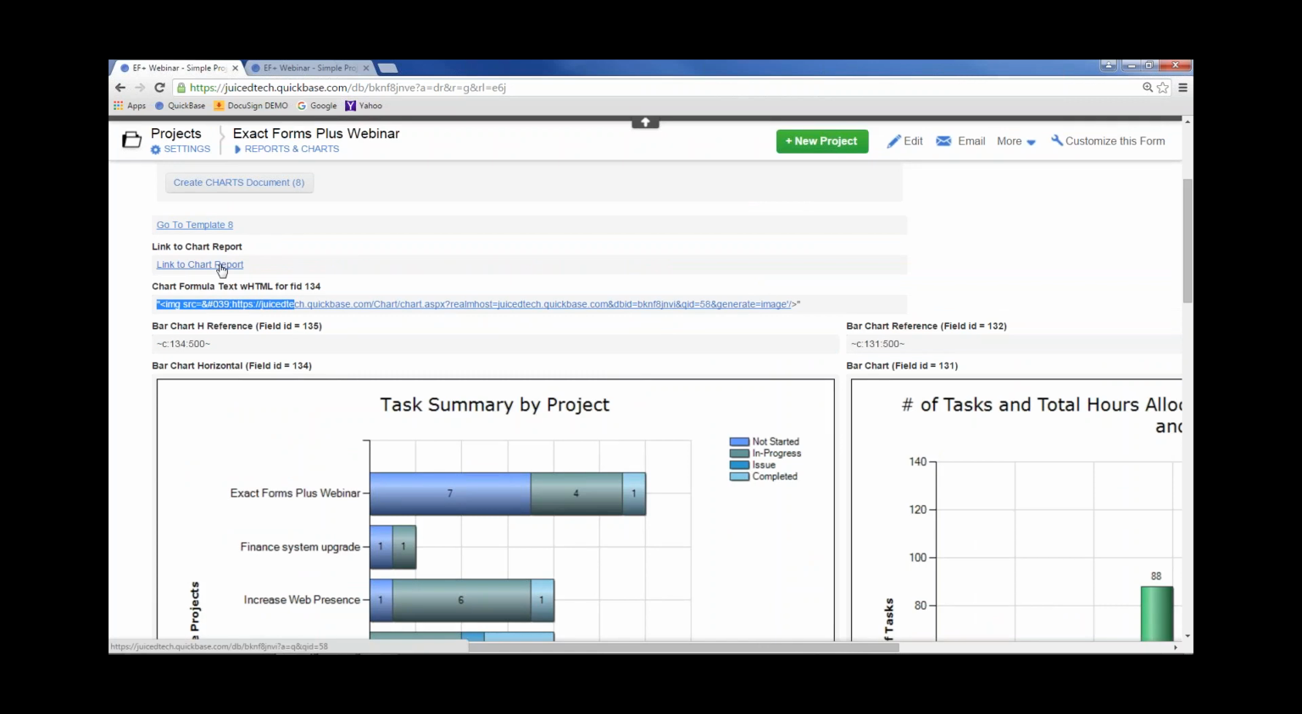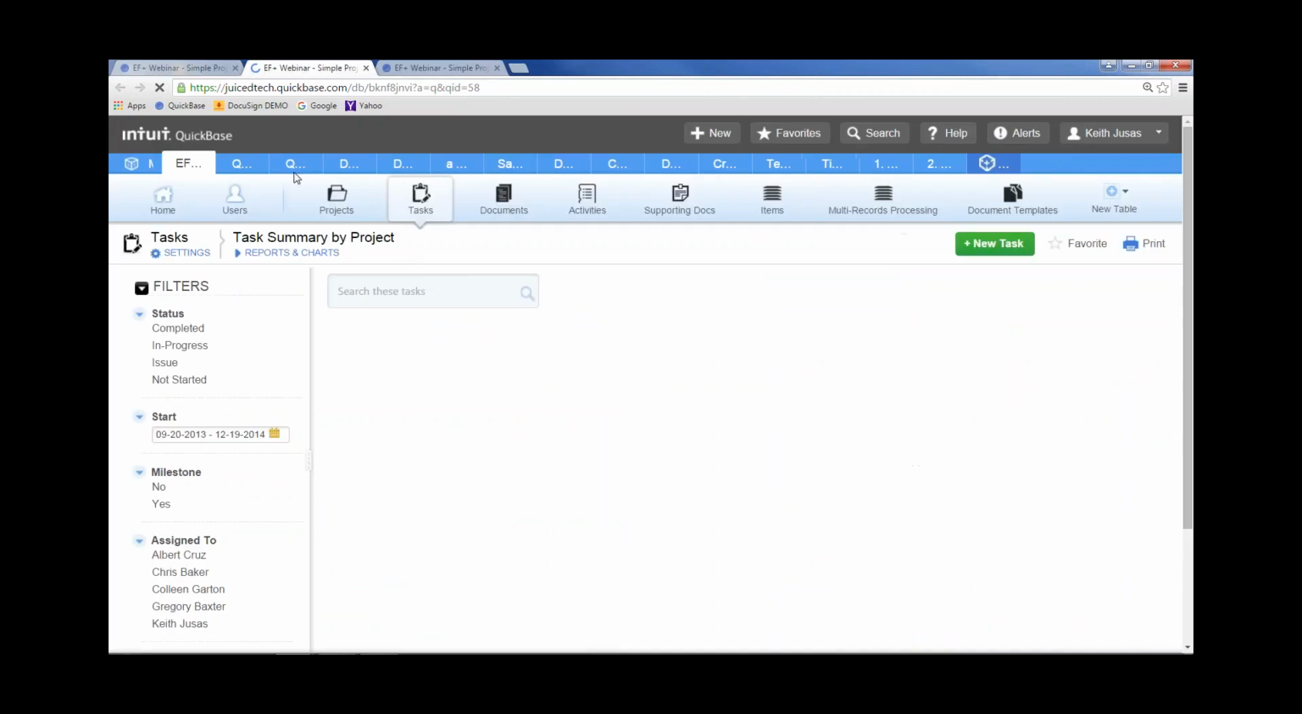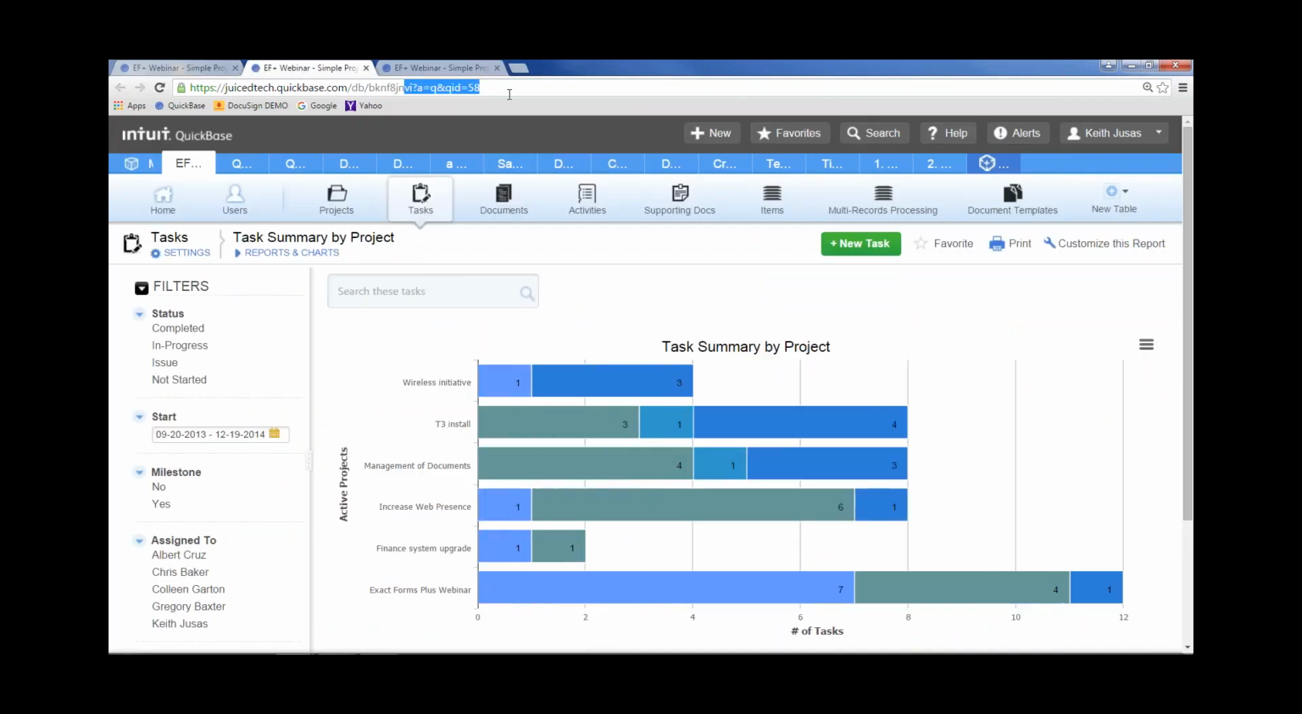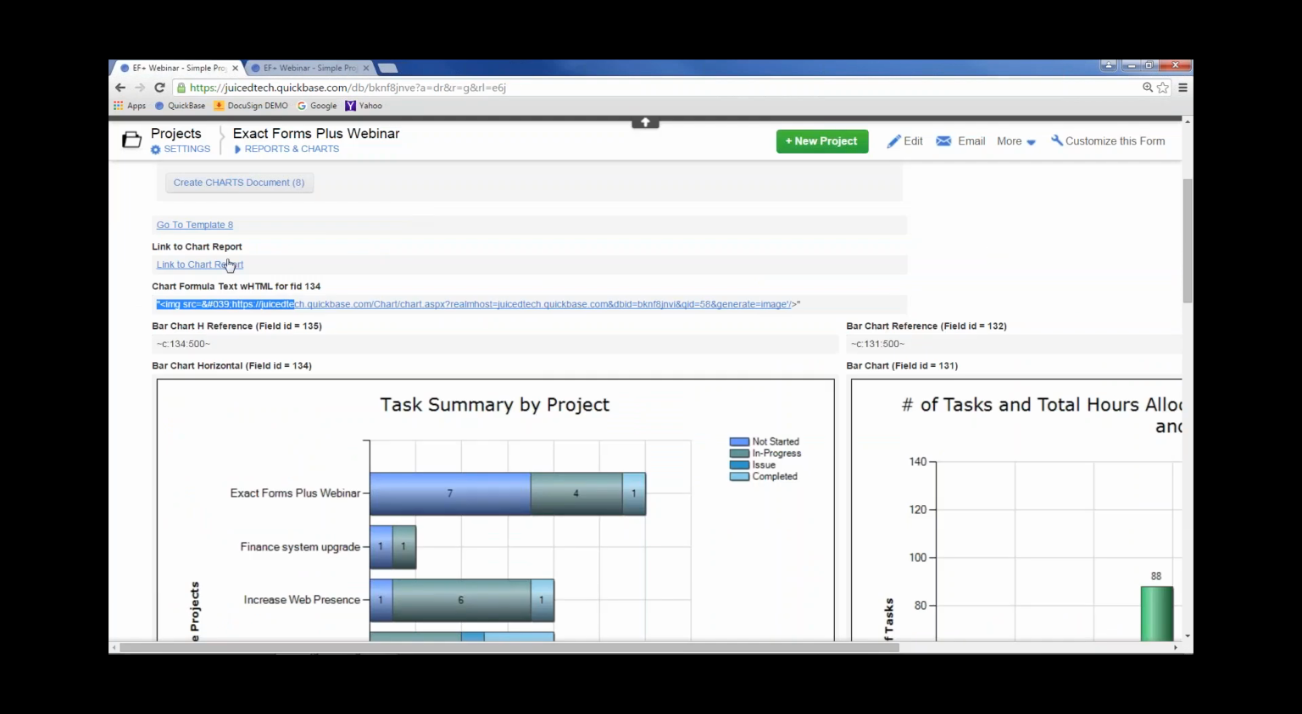So I can actually link to that report itself. If I link to the report, this is report number 58, and that's what it looks like, and it was created underneath the task table, and it's a task summary by project. But that's basically what we're doing here, we're just building this out a little bit more on the cryptic side, but this is how we're passing the information into the chart so that the chart.aspx page can generate